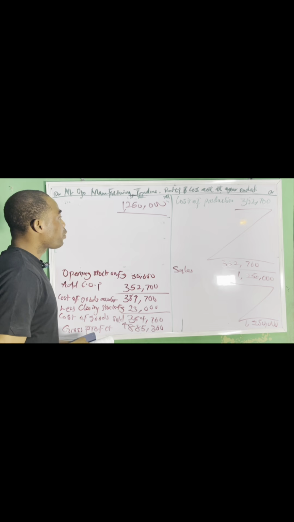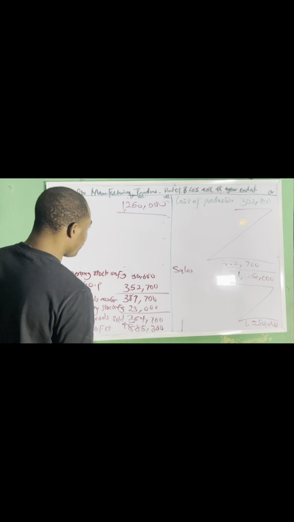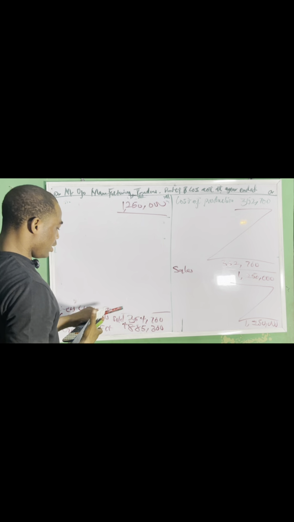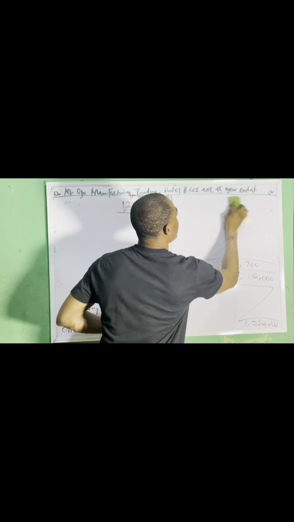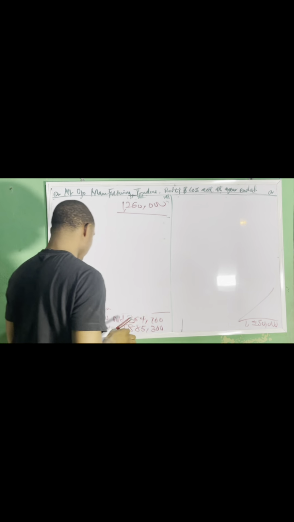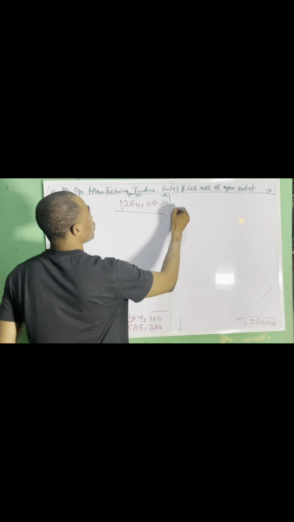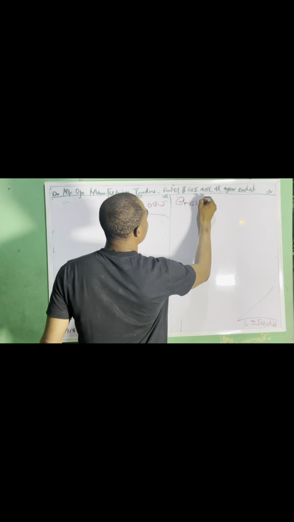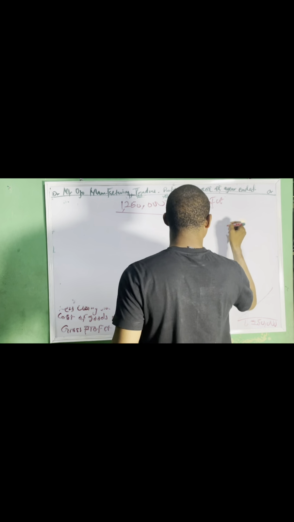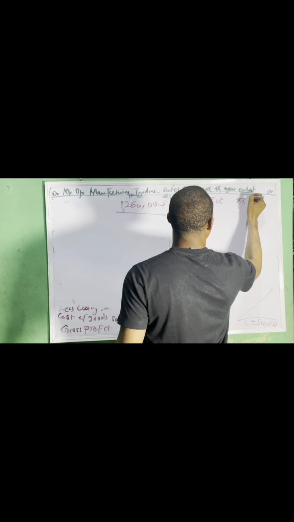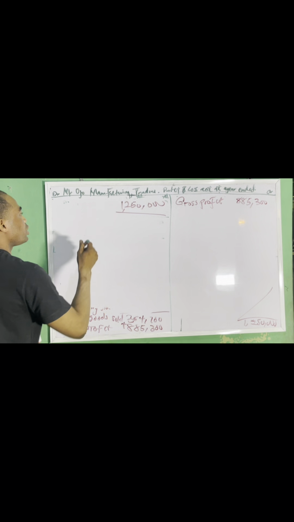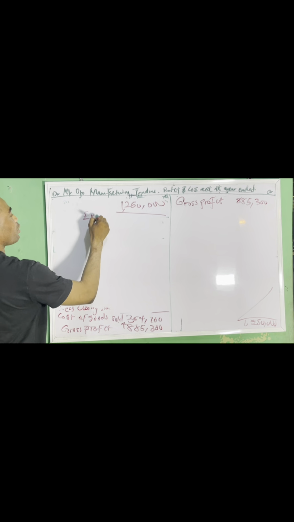Now let's move to the profit and loss account. So we're starting with the profit and loss account. In the profit and loss account, the first thing we have interest in is our gross profit, which will come to the credit side. Our gross profit is 805,300. Then to deal with that so that we can get our net profit,